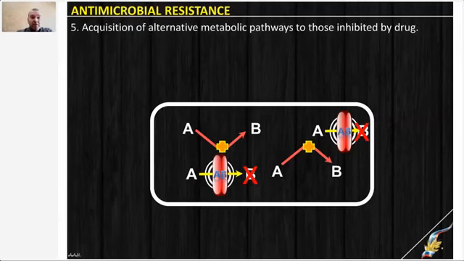So one more mechanism is acquisition of alternative metabolic pathways to those inhibited by a drug. It means again that bacteria do not have a single enzyme, and they have some alternative pathways for some enzymes, and some organelles can take over the functions of affected organelles if required. And if, for example, an antibiotic gets close to the cell, it will diffuse inside the cell and accumulate within the cell in sufficient amount. Target is not changed, it will block the target and initially some pathway will be blocked.